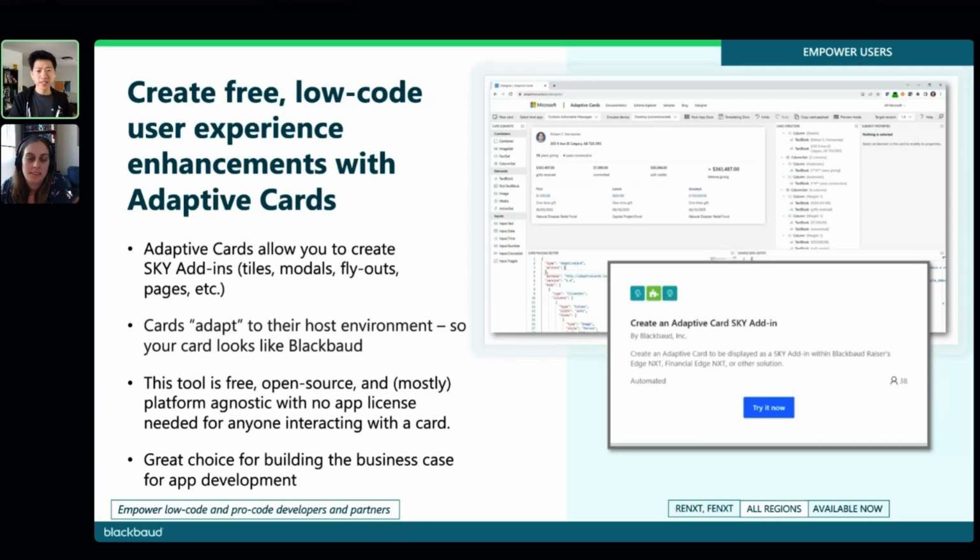So a card is basically a JSON object. It describes some content, and when that card is put on the host application, it inherits the native UI styling of the app it's loaded in. So you can create a card and put it on the Blackbaud adaptive card host page, and that card will load as a Sky add-in within our products. And since it's free, and Microsoft has an online tool where you can use a drag and drop interface to create your user interface, and it's going to generate that JSON object for you. It has a lot of potential that can make all of you low coders out there into front-end UI developers,